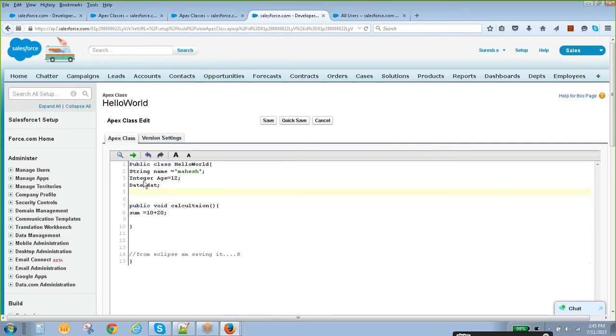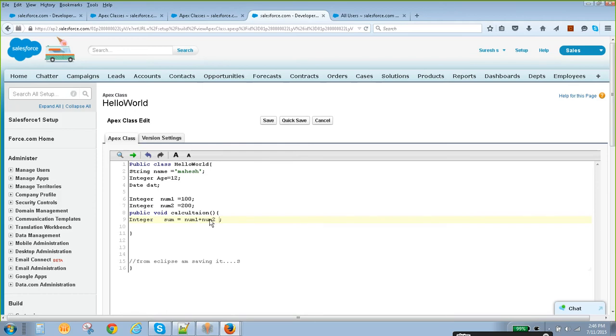Let me declare two variables: num1 is equal to 100 and num2 is equal to 200. Now I will calculate integer sum is equal to num1 plus num2, correct? At runtime I am binding number 1 and number 2.